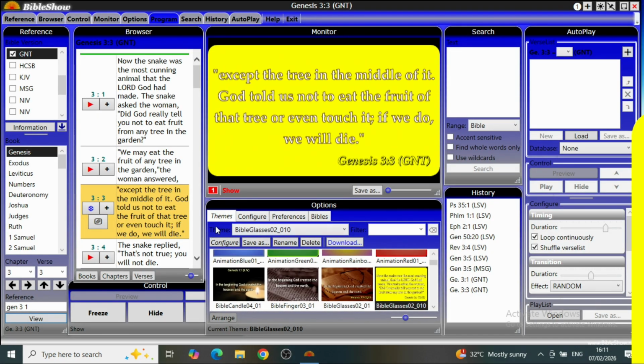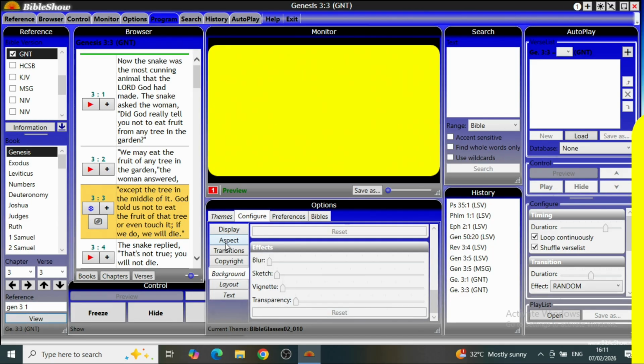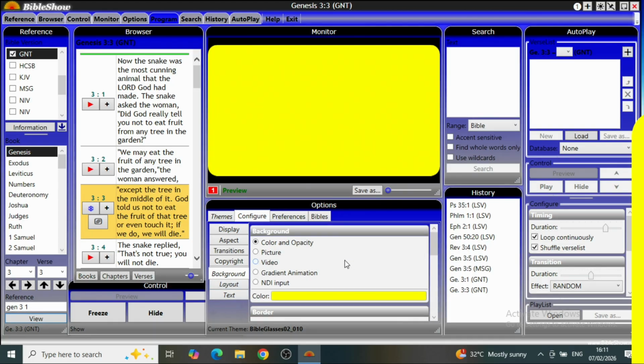Okay. First, make sure your options is on themes. Then you click on configure. Configure is 2. You have one that's next to themes. You can click that place directly, or you can click the one down here, anyone works. So you select background, then you are doing color and opacity, so you click on color, then you click on